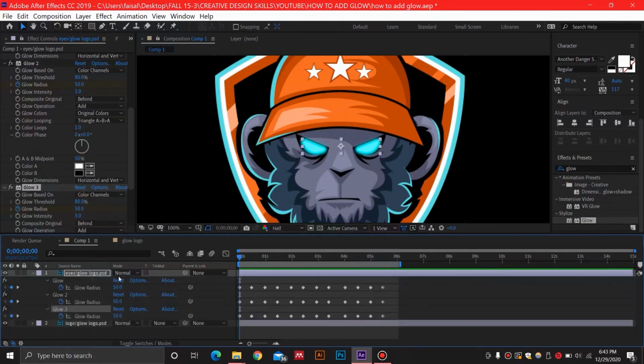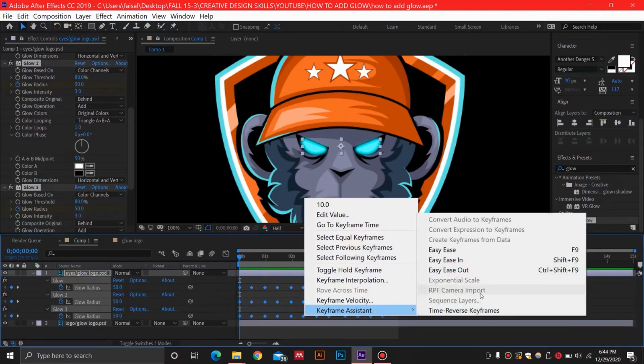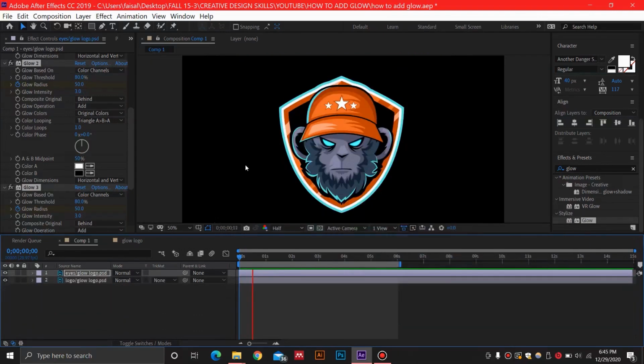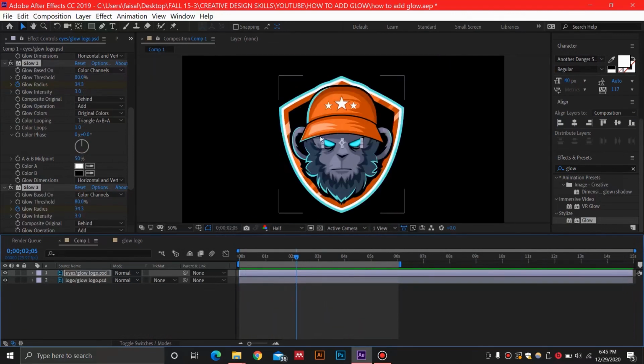So you can select all of your keyframes by pressing U, and then just go ahead and right click, select keyframe assistant, and then easy ease them. So there you have it, guys, a really simple glow tutorial. And you can just go ahead and experiment with different colors by changing this color, and you can just go ahead and add this to any of your layers, but make sure that your layer is separated